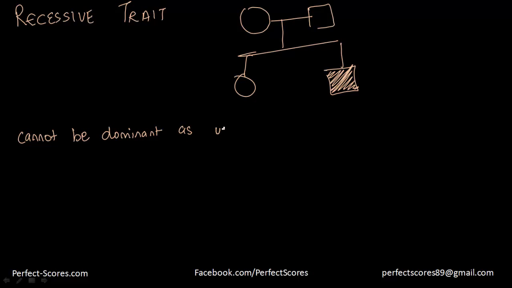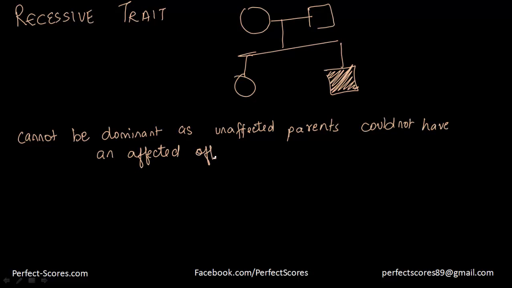As the unaffected parents could not have an unaffected offspring, and in this case also parents must be heterozygous. Now, in order to understand these videos properly, you also need a very clear understanding of what are traits,